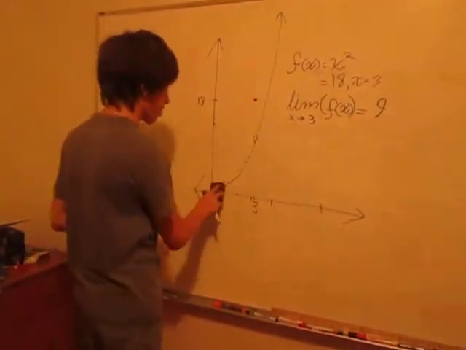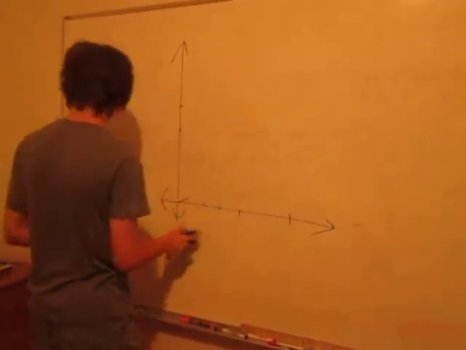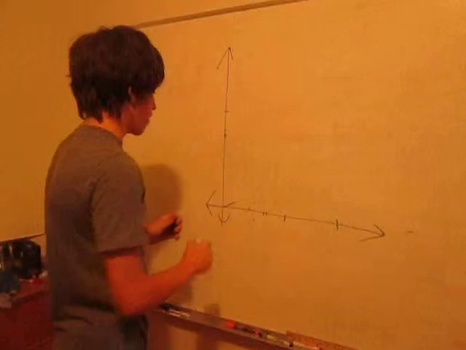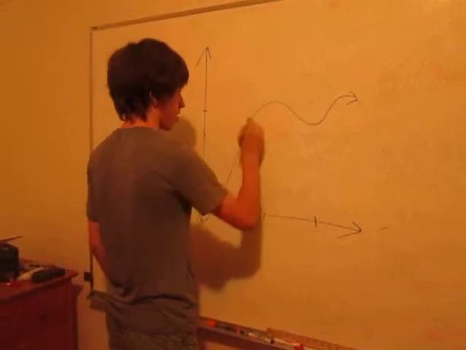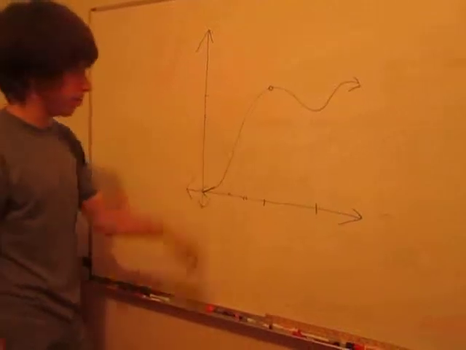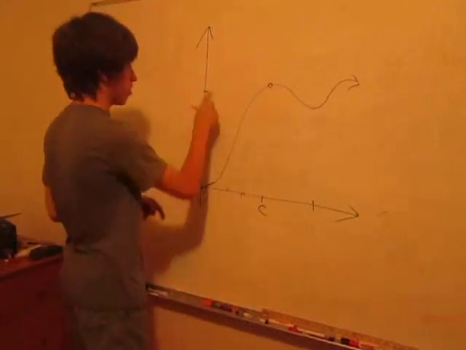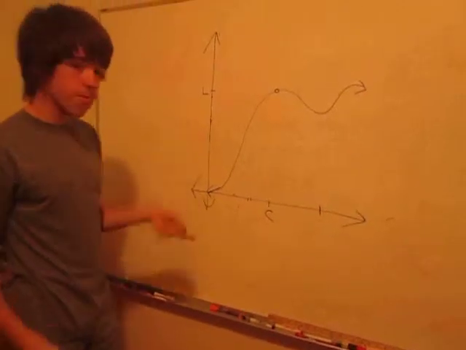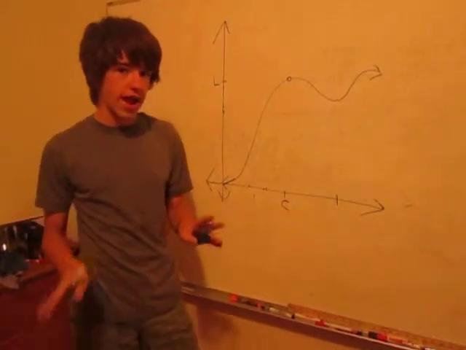Now, there's one other important definition of limits that I want to tell you about, and that's something called the Epsilon Delta definition of limits. And basically, it says that if we have a function here of some kind, let's say we have something here we care about. It doesn't matter where the other point is. Let's say it's down at negative infinity, whatever. And this is our c. And this is what we call up here the limit of c. Now, what the epsilon delta definition is telling us is that if we specify a range close to c,